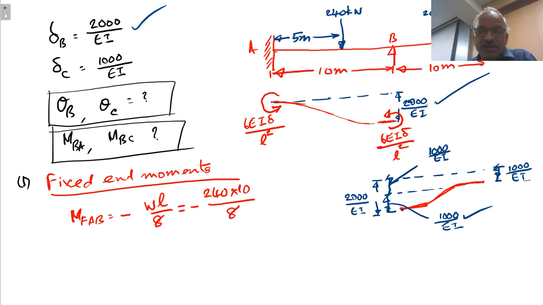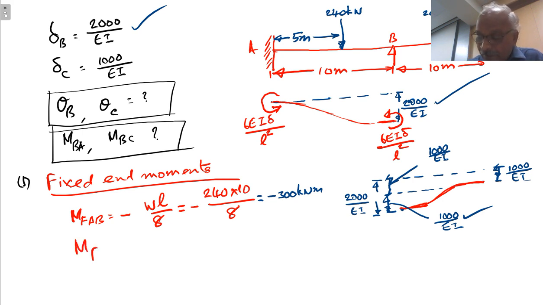So 6EI delta is given, EI is given, so EI will get cancelled, we will get a number. L is known, we will get a number, because 6 is a number, EI delta is 2000 by EI, which will get cancelled, and L is 10 meters. So here also we can account. Right. Now let us avoid accounting this in this step because we have a provision later. So this will account only the fixed end moment, and this fixed end moment is equal to minus 300 kilonewton meter.